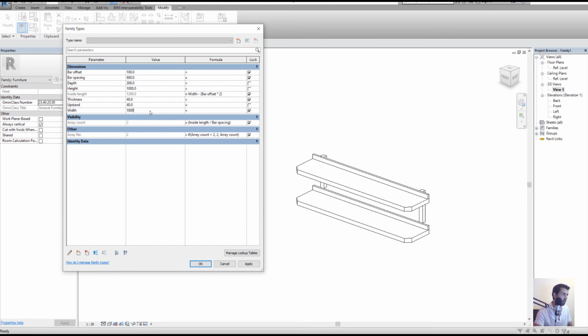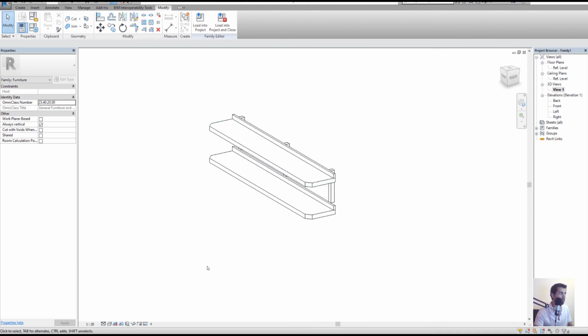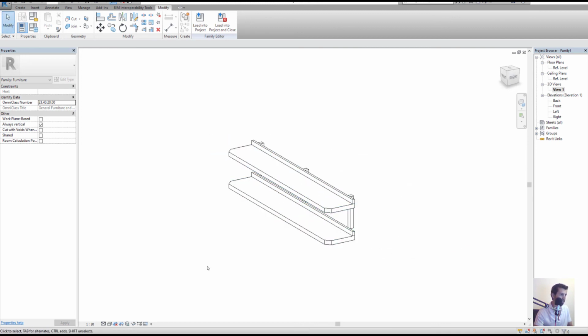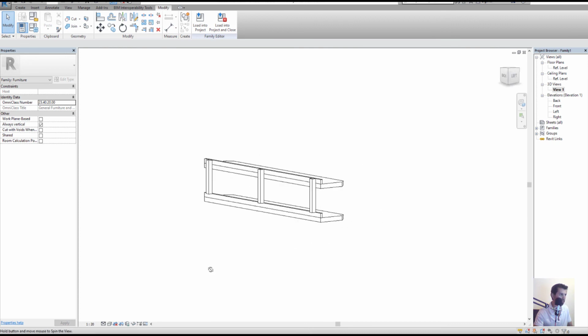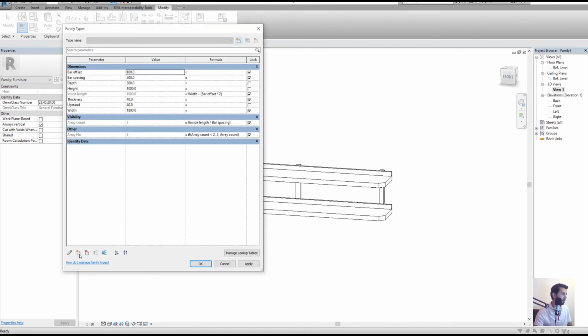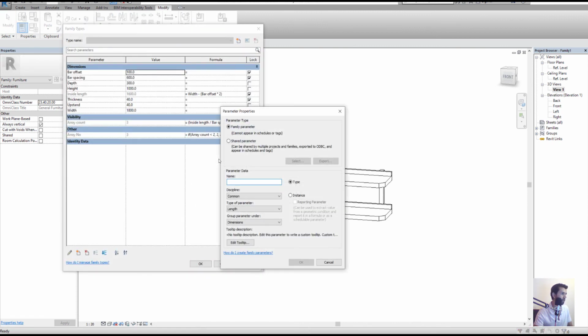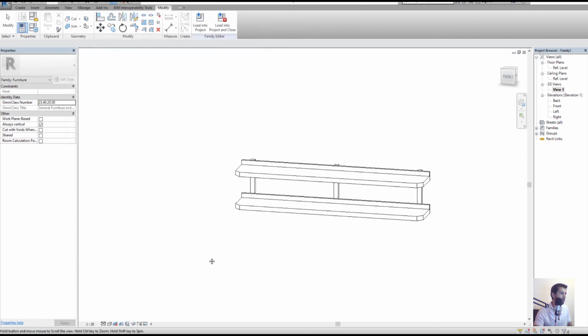Let's say 1800, and as you can see, the parameters that we have set will apply for the second shelf as well. But let's increase that as well. So let's have a new parameter for that. Call that bar height, and set that to, let's say, 400 mil. Okay,